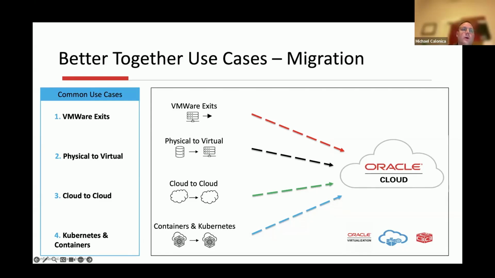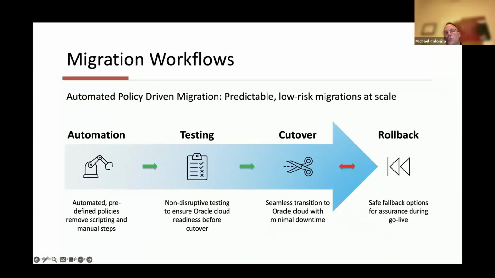Oracle's cloud portfolio. Now, with being able to talk through some of these use cases, there might certainly be more use cases out there. And I encourage everyone, if there are use cases you're thinking about from either a migration or disaster recovery perspective that we haven't addressed, feel free to ask that in the chat box as well. But we're going to talk a little bit more around what makes RackWare so unique. And we're going to talk about our migration workflow and the importance of this and why this matters for you as you're making your move to Oracle Cloud.